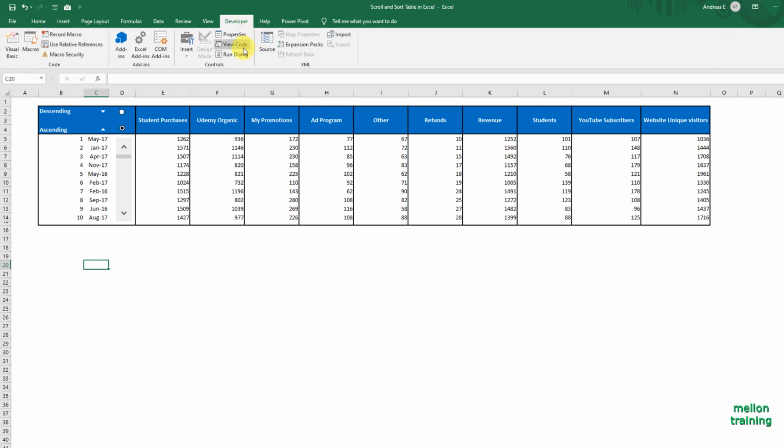Great! The last step is to insert radio buttons for each of the columns.